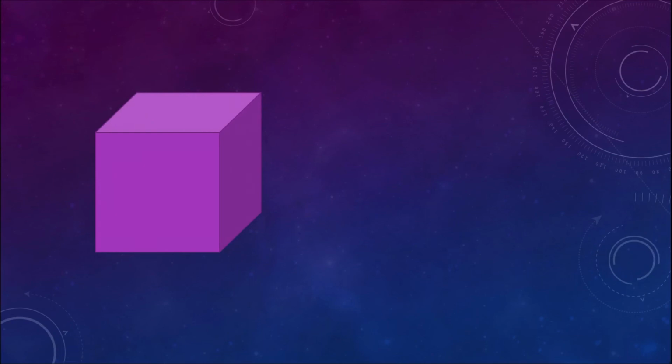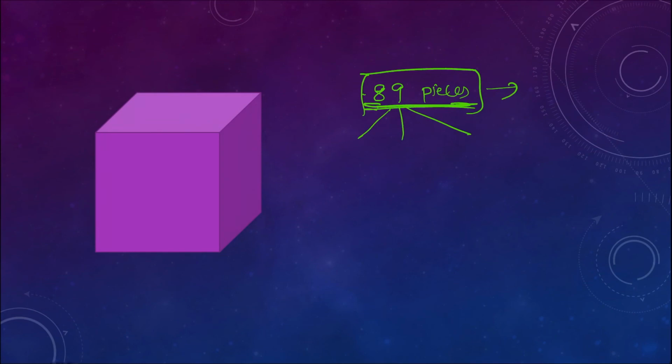Okay, so let's see another one. Suppose if I wanna make 89 pieces, I have to get 89 pieces by using minimum number of cuts. By using how many minimum number of cuts, I will get 89 pieces. So observe, how can you write 89 as a product of 3 numbers? If you know the prime numbers, you can identify easily whether 89 is a prime number or not. It is a prime number. So that's why memorize all the prime numbers from 1 to 100 at least. So 89 is a prime number.